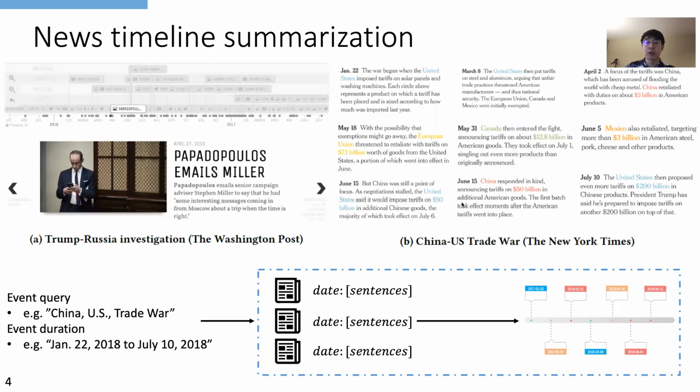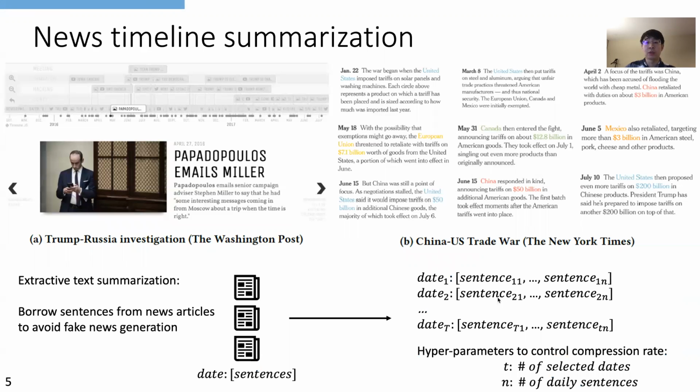So first of all, let's talk about what is news timeline summarization. To generate a news timeline, journalists usually use an event query with an event duration to get a corpus of related news articles, which consists of publication date and sentences. Then we can generate a series of dated summaries from the related news articles as timelines. In this paper, we use extractive text summarization, which directly borrows sentences from articles to generate text summaries. Specifically, our input will be a corpus of related news articles, and the output will be a few dated summaries